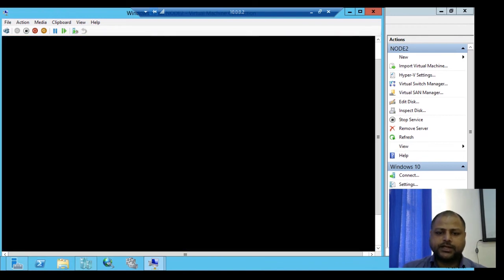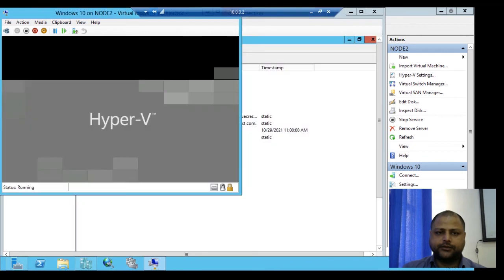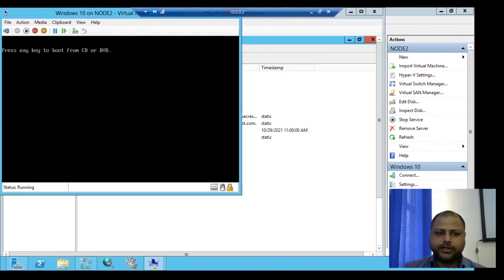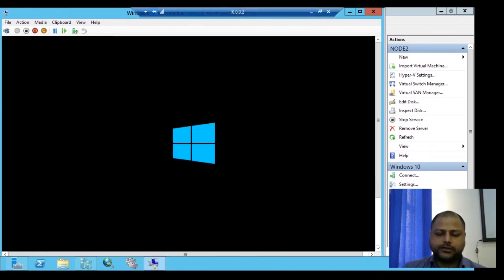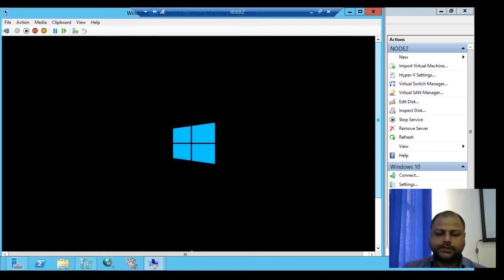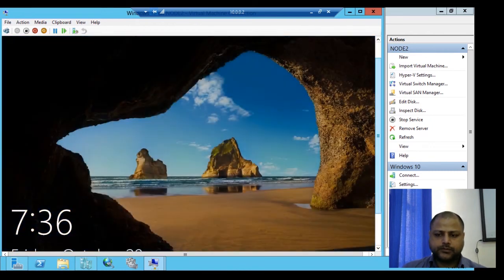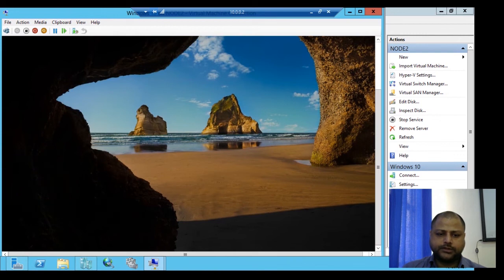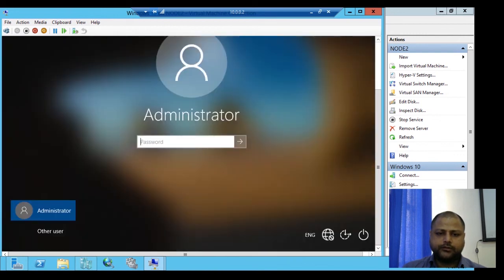It is restarting because after restarting it will take the effect that it has already joined the domain controller. That means it has now become a domain client. If we want to check the effect, we'll move to the server, and once it has restarted, it will show me the domain information. So it has already booted the system. Now if we log in, we'll be able to see that it has already joined the domain controller.